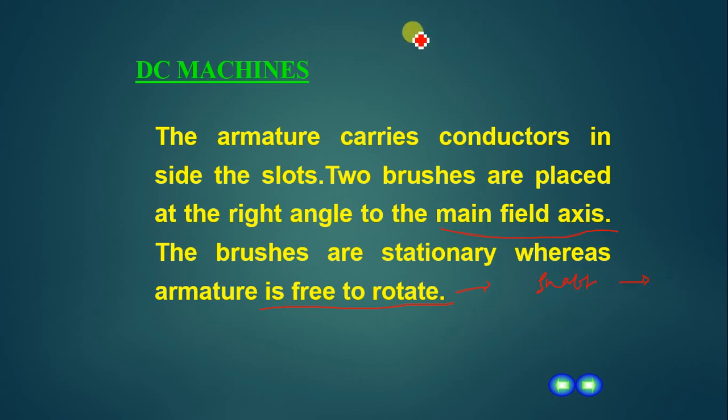So the side view will look something like this. You have a shaft, a long shaft. That is what you see mostly in DC generators and DC motors. On top of this shaft you have the armature. This shaft is supported by two bearings, called roller bearings or ball bearings. Any type of bearings will be there. Above this you have the field coils. This is how the side sectional view would look. In the upcoming slides you can clearly visualize it.